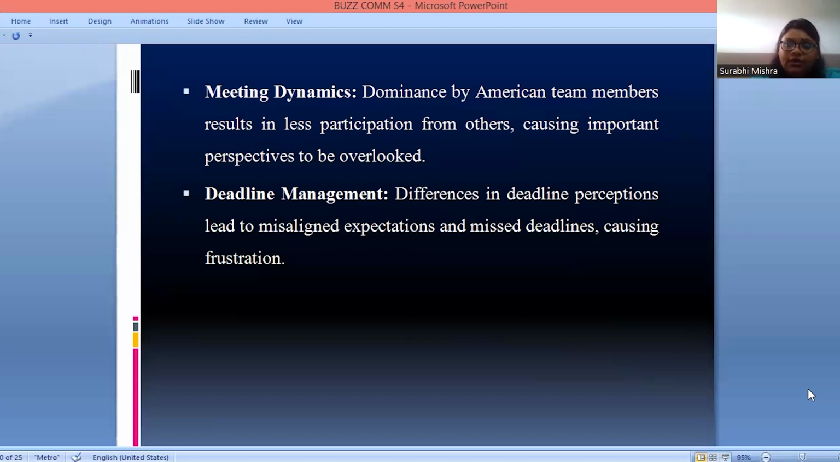The next is deadline management. Here, deadline management means difference in deadline perception. Again, the Germans think that the deadlines were strict, were made to be adhered to, but the Brazilians think the deadlines were made for flexibility, like deadlines can be extended, right? So this is the approach of these two different people from different countries. Let's see